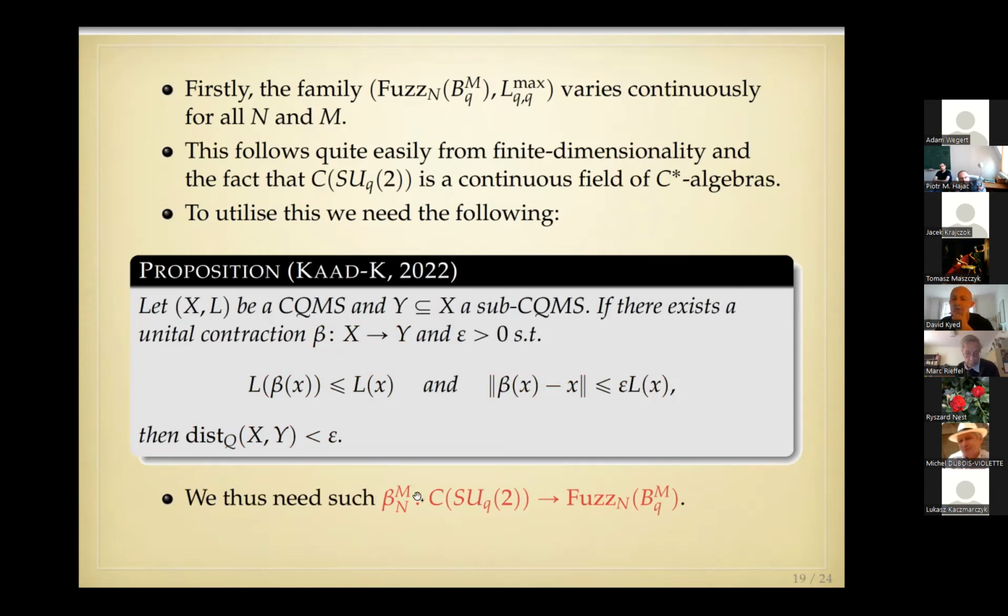And what one does is one constructs a family of states, one for each n and one for each m. And then this beta_nm is supposed to be a slice of the co-multiplication on the right leg with this state. So this is at least unital and contractive. Actually it's a complete contraction. And these chi_nm's are chosen in such a way that they converge to epsilon, the co-unit, in the weak star topology. And because of that, it's not difficult to imagine that these beta_nm's approximate the identity map, because if you plug in an epsilon there, you get the identity map because of the co-unit property. So what is much more worrying is whether these should be Lip norm contractions, because